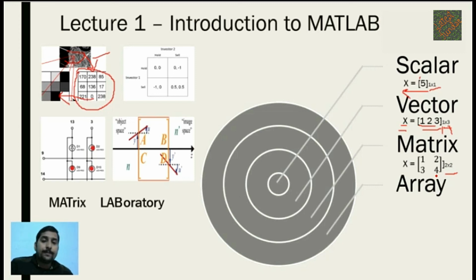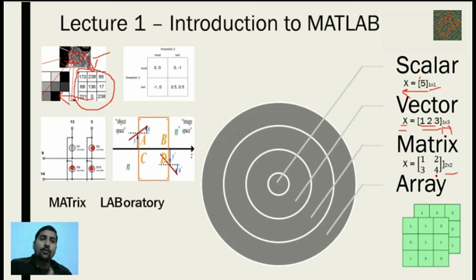When different matrices are arranged in a layer by layer format, one layer over another layer, so this is the one matrix and this is the second matrix. The first matrix is placed above the second matrix, then this is known as a multi-dimensional array with the size 3 by 3 into 2.